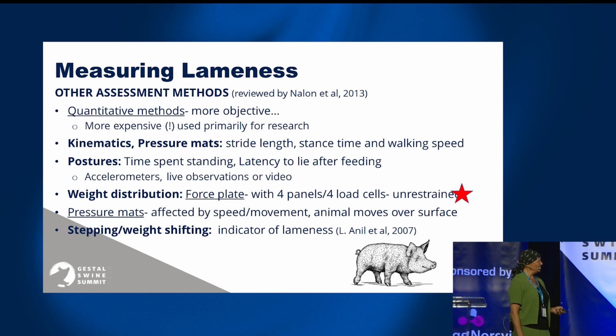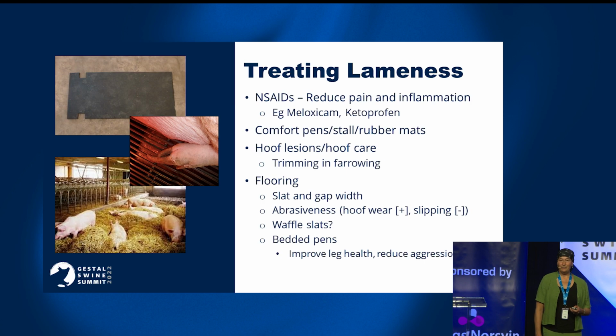And now we've got pressure mats as another technology, but again, that's more for a research setting. The speed of the animal moving across the surface is going to influence the measures. Another one suggested is stepping or weight shifting, again, that can be picked up in a scale. So yeah, the force plate does seem to be one of the more promising technologies out there. So treating lameness, certainly in Canada, we've got NSAIDs, meloxicam, ketoprofen coming more into use now